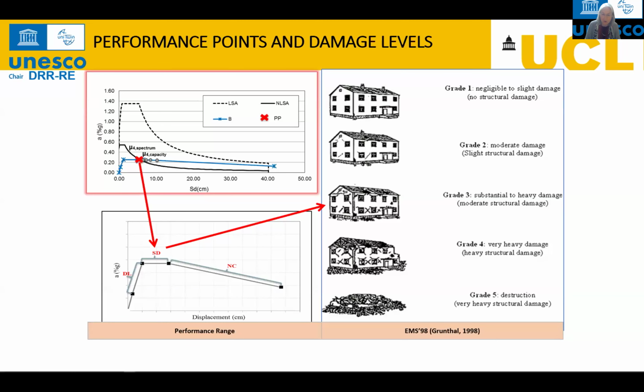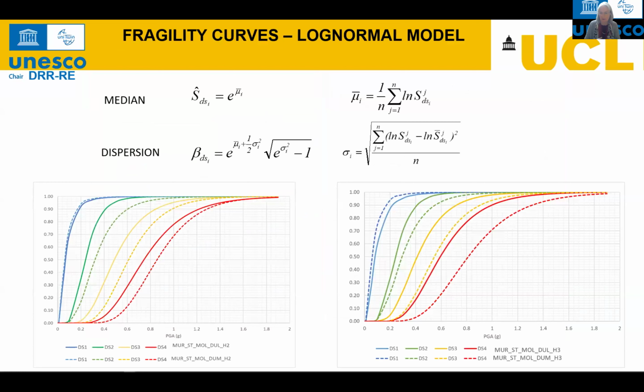So once you have done that for a number of facades, then we can extract again for a number of input spectra. We can then use a typical way of deriving fragility curves with a log normal model, which will determine the median and standard deviation of the distribution of performance points. And you will use log normal regression models to define the